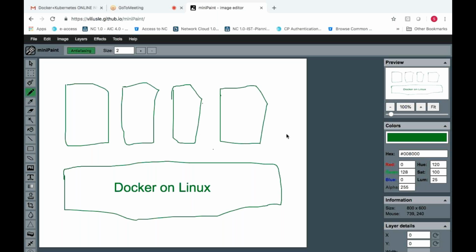Previously, before Docker came into the picture, we used to have virtual machines which are created on a physical server. But the problem with a virtual machine is, let us say I have an application running in a virtual machine. That application will take a fixed amount of memory. When you allocate some memory, whether you use it or not, it will allocate that amount of memory to your virtual machine.